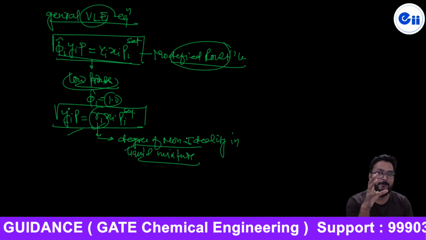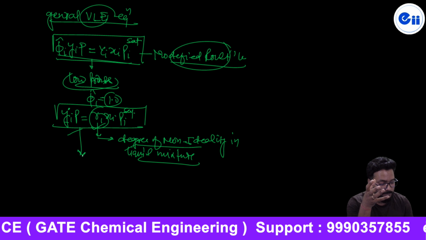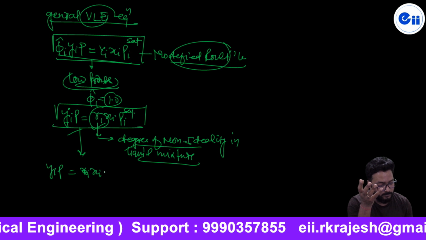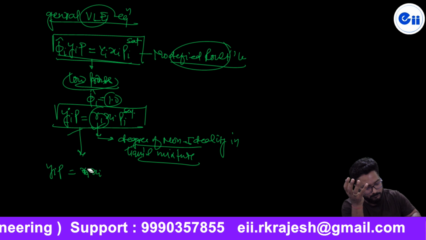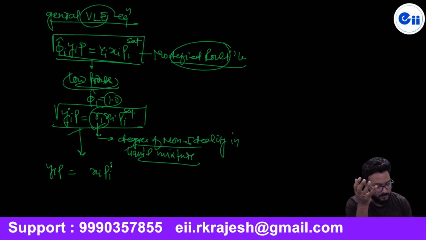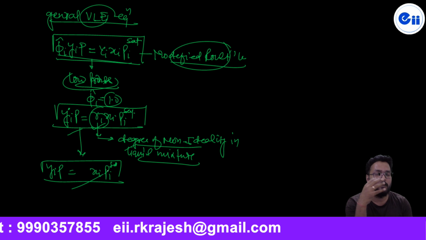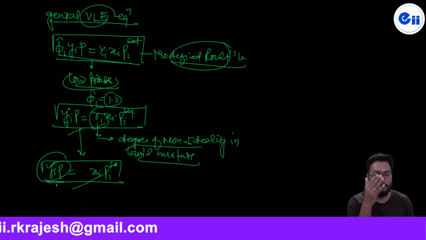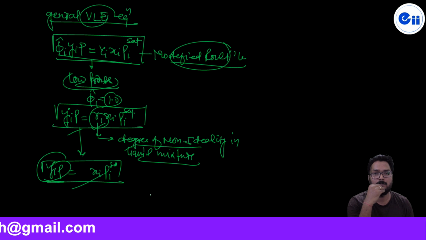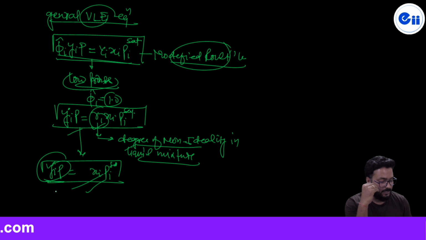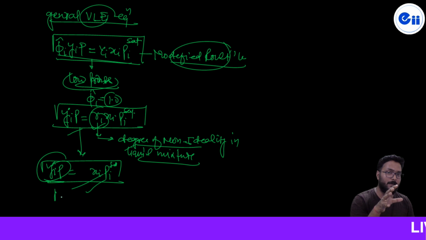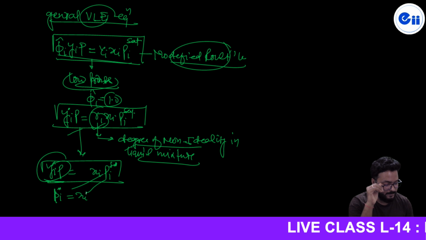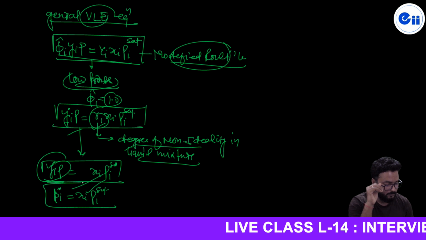And if the liquid is also ideal, then this equation will become Raoult's law, like yi into P equals gamma i into xi with gamma i equal to 1, simply xi into Pi sat. This is called Raoult's law, and this yi star is called the equilibrium mole fraction of species i in the vapor phase corresponding to that in the liquid phase. And also from Dalton's law, if the vapor behaves as ideal, then we can use Dalton's law. Here it is called Pi star equal to xi into Pi sat. It is Raoult's law.